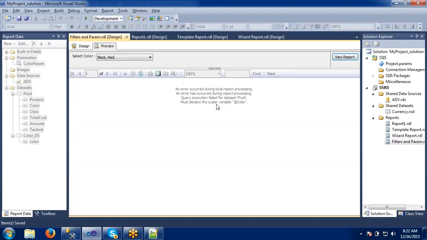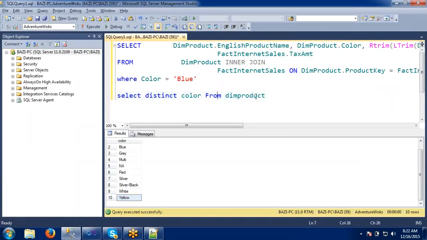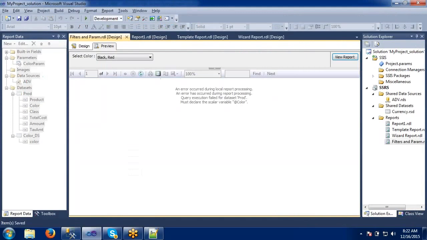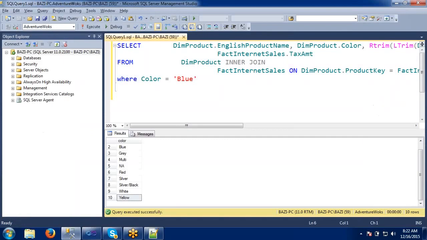So I think I will explain it on the query actually. That will be good. See, I have this query in my data set. I am passing black and red at a time, right? So let me show here. This is what I am applying on the query.